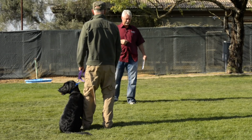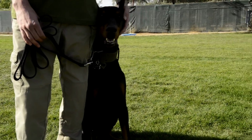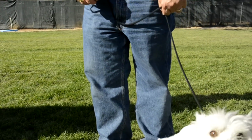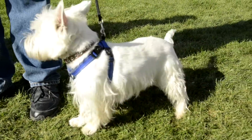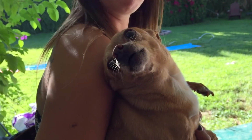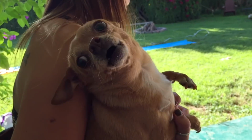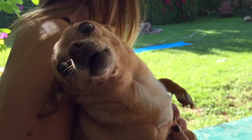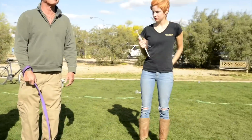Dogs must be fully vaccinated, and there's no age limit to the CGC test. All tests must be performed on leash. Buckle collars or slip collars of leather, fabric, or chain are allowed. Body harnesses are allowed as long as they don't restrict movement. Any dog that growls, snaps, bites, or attempts to attack another person or dog is not a good citizen and must be dismissed from the test. Owners and handlers may use praise and encouragement through the test, but you may not use food or a toy